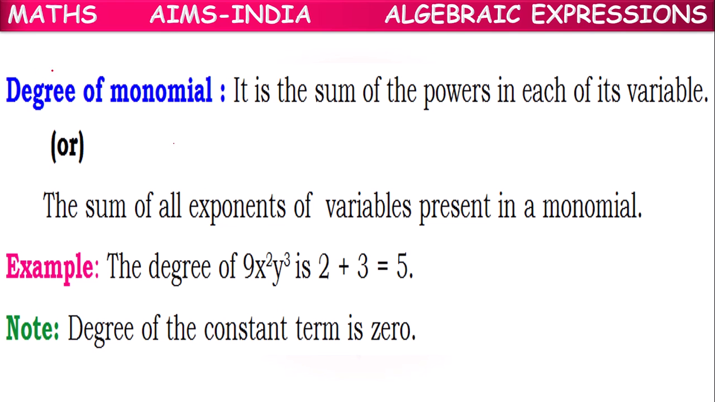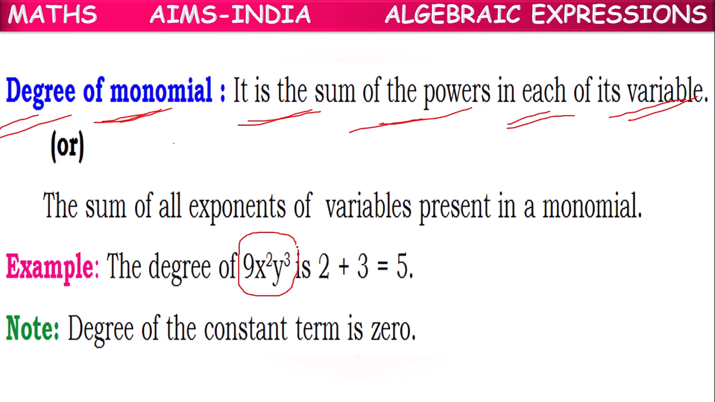Next one. So degree of monomial. Degree of monomial means the sum of the powers in each of its variables. Suppose here 9x square y cube, it's a single term, it's a monomial